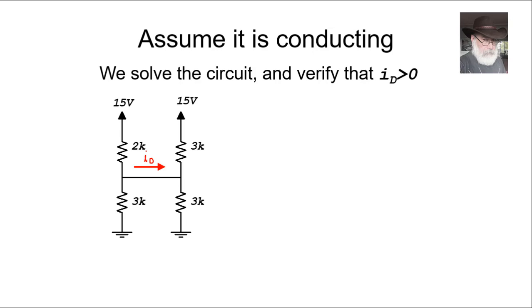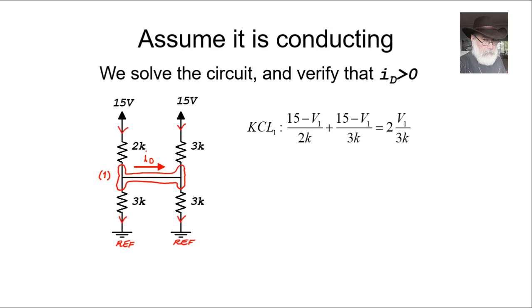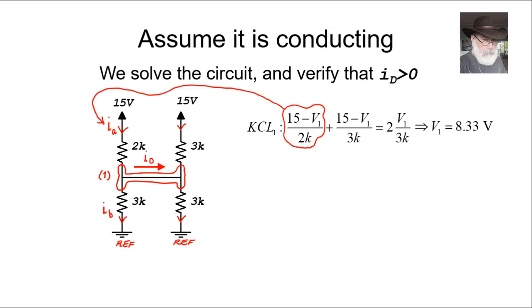Let's proceed. That shorted diode there will join those two junctions into a single node 1, and there is only one KCL equation for that node 1. We solve for V1, and once we have V1, of course, you can compute the current IA, the current IB, and with IA and IB, applying KCL to this little Gauss surface, you can say the diode current is IA